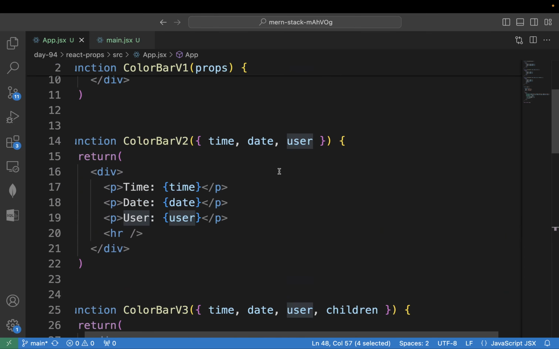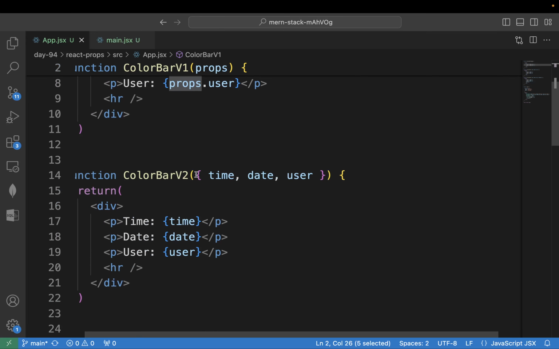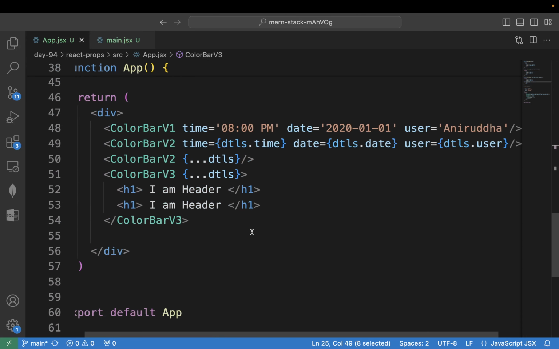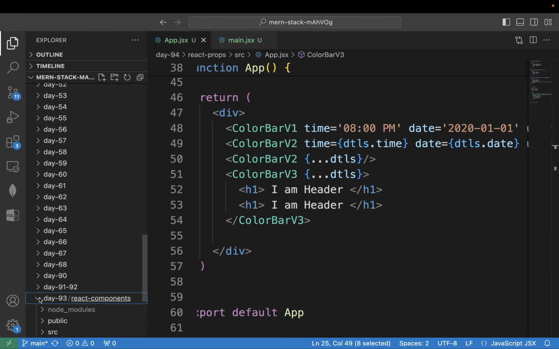And that can be accessed over here by means of this props object. This name can be anything. You can go ahead and destructure it, right? If there is a child, the child can be accessed in children. And that's what we have done yesterday. Over here, if you see,